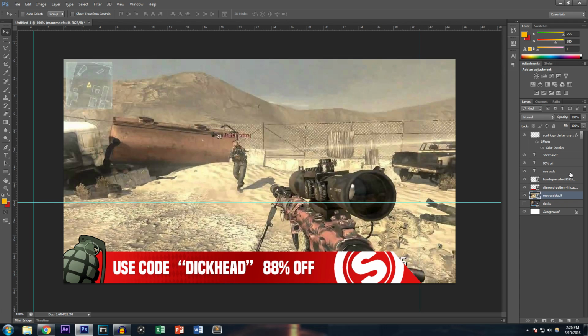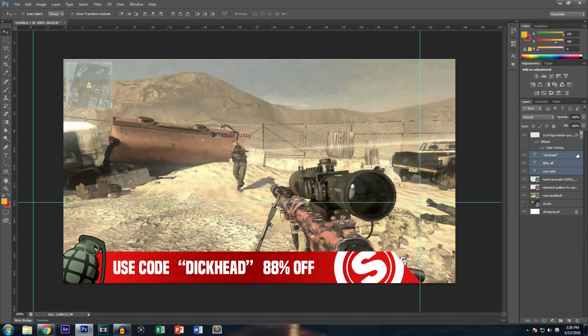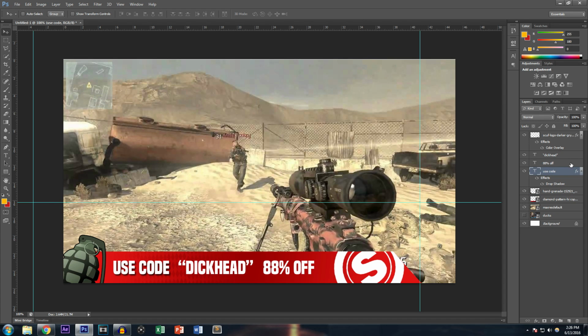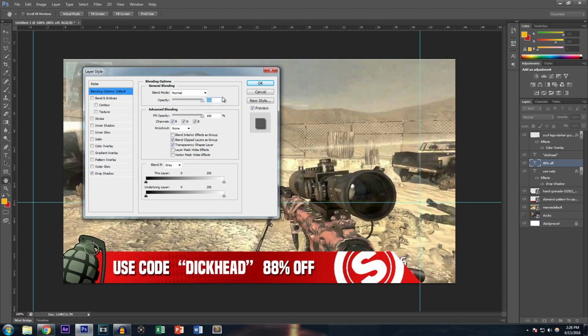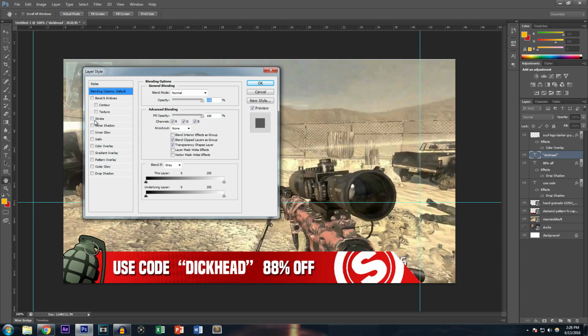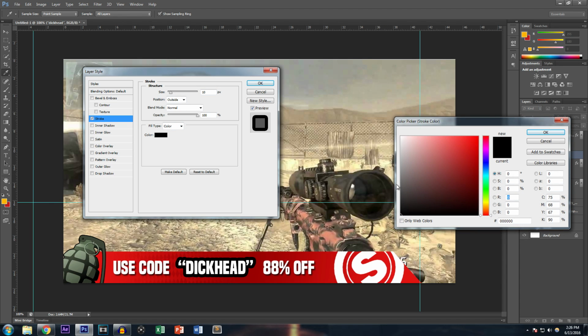So now we're going to select all of these, and you can make them into one composition by right clicking, convert to smart objects, but we kind of don't want to do that because what if we want to change the text? So just double click, drop shadow, and hit OK. Drop shadow. You don't want to drop a shadow for this one. For this one you want to put a stroke. You want to exaggerate the stroke like that, and you can change the color of the stroke to white,